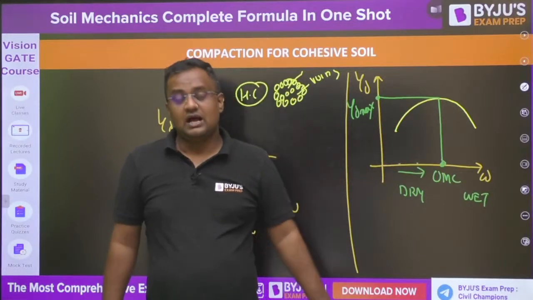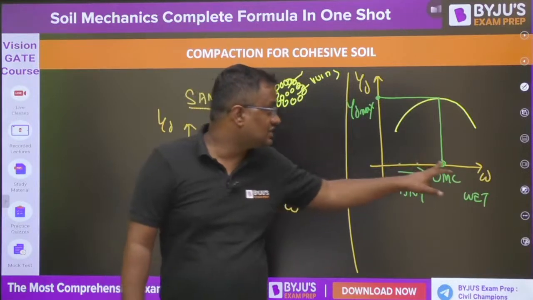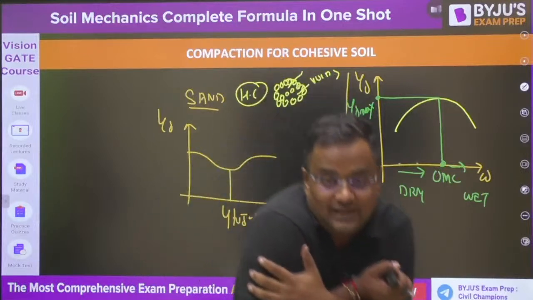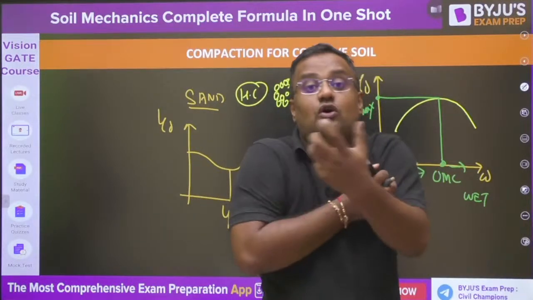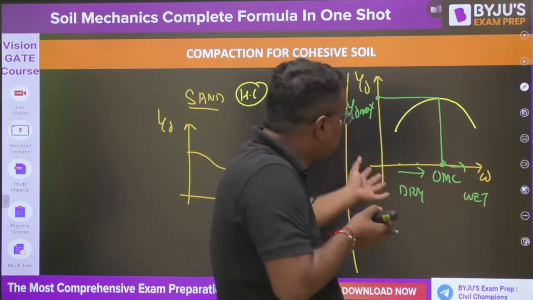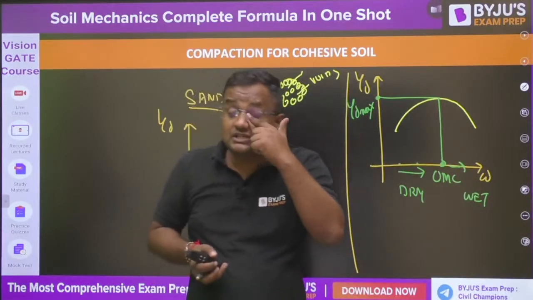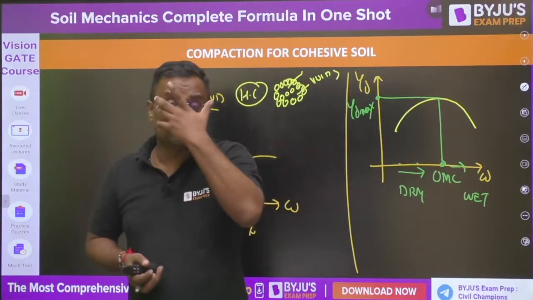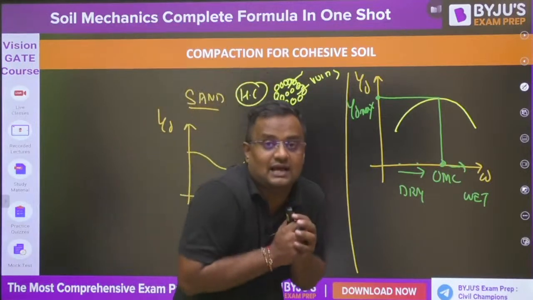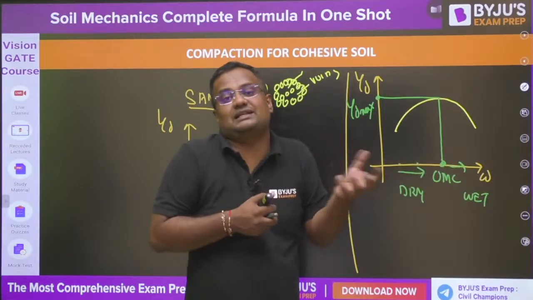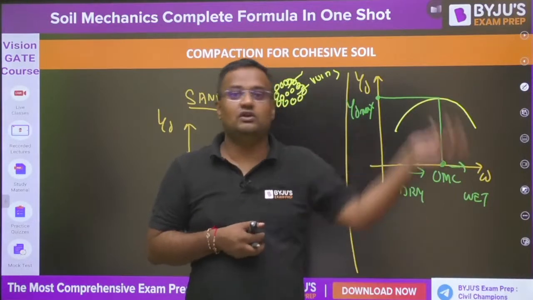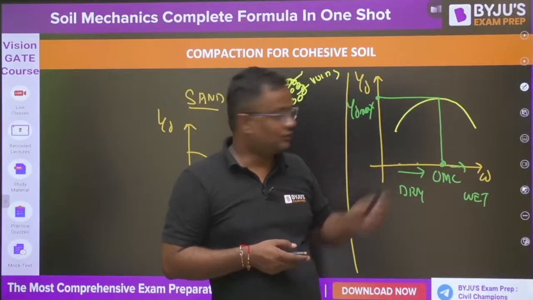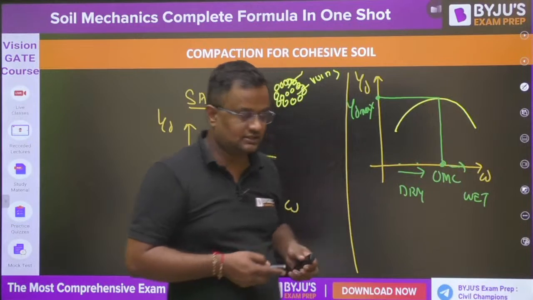After OMC, with further addition of water, there is so much water that in the place where solids could go and occupy a denser position, water is already present. Because you have added so much water, the benefit of lubrication in reducing friction is not as large as the loss, since water has taken the place where the particles could go. And we are now studying consolidation, so water will not go out. After that, gamma D decreases. Here it is a dispersed structure and here it is a flocculated structure.